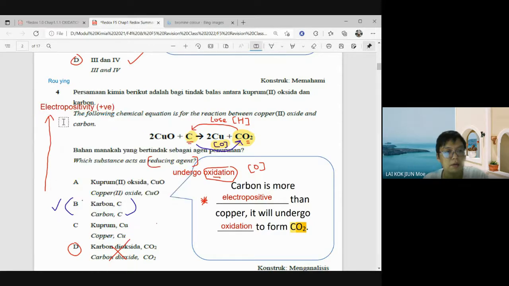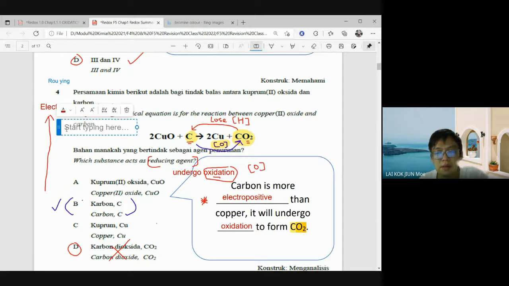Kalau dia semakin tinggi, dia semakin suka jadi apa? Daniel, can you sambung? Any friends here? No? Semakin tinggi electropositivity, semakin suka jadi ion apa? The higher the position in this part, semakin apa? I repeat the question. The higher